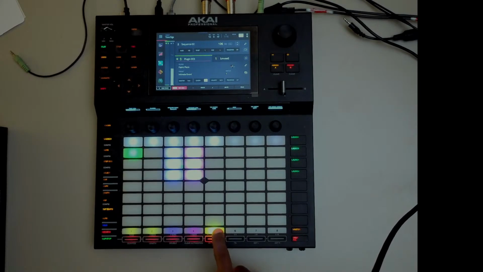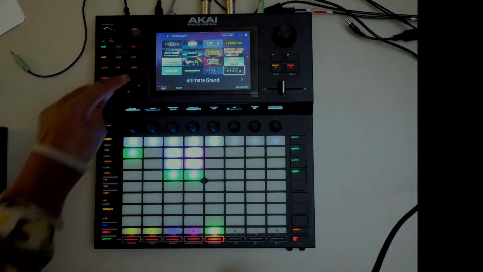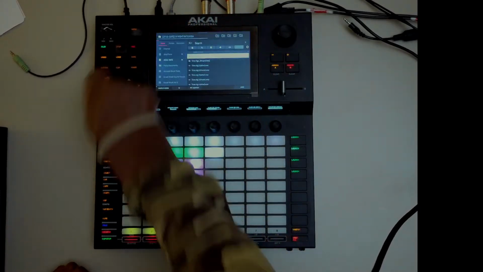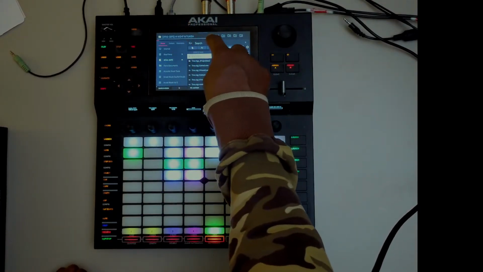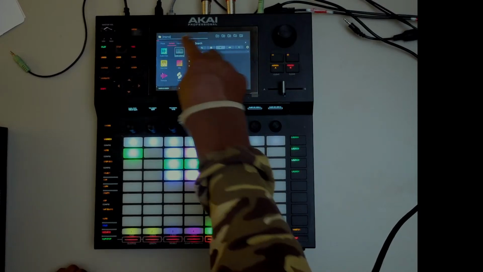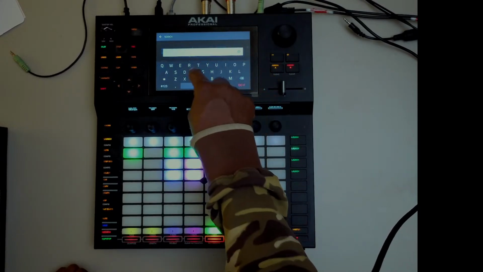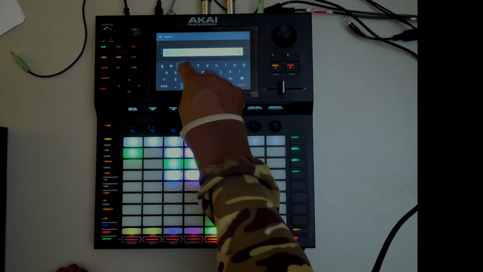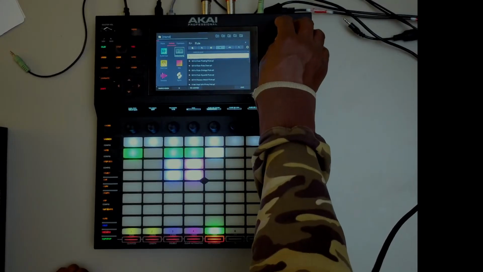So I can come back in here again, and I'll go low. I'll go to my favourite instrument, and I'll type the word flute in, and then I'll get the world of flute.